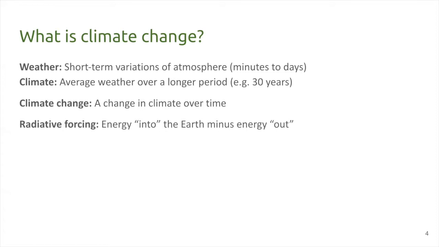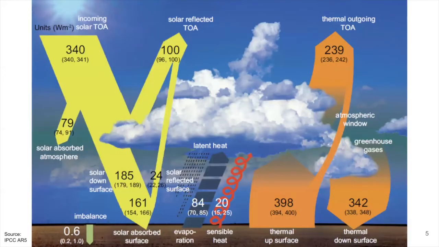So climate change occurs due to a phenomenon called radiative forcing. Radiative forcing is defined as the amount of energy going into the Earth minus the energy going out of the Earth. To illustrate this concept, I'm going to show a diagram from the Intergovernmental Panel on Climate Change, IPCC. There's a lot going on in this diagram, so I'll walk you through it, I promise. This diagram shows the energy fluxes in the Earth: energy coming into the Earth, energy leaving the Earth, and what happens in between, expressed in units of watts per meter squared. There are a couple of things I want to draw your attention to in this, again, very large, complicated diagram.